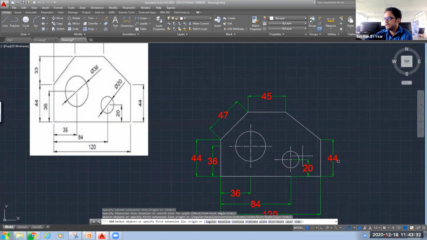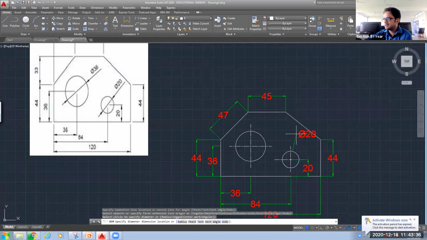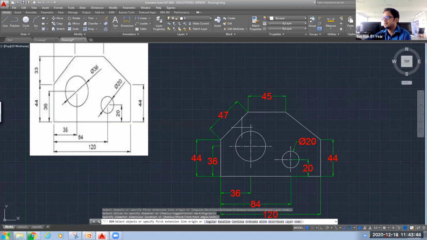Now we need to give the dimension of this circle. So select the circle and next click, it should be where you want the location of 520 to be located. So this is your another part. Select the circle, click on that, and the next click will be wherever you want that one.